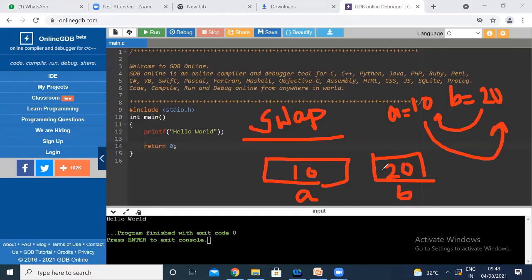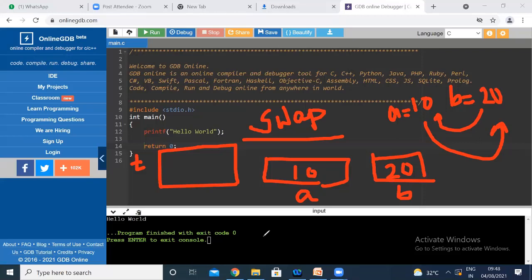By using a temp variable, ma'am. Okay, by using a temporary variable you can do it. Now please tell me how to do it. Temp equal to A, A equal to B, B equal to temp. I'm taking another variable, that is temp. So that means here temp is going to be created.